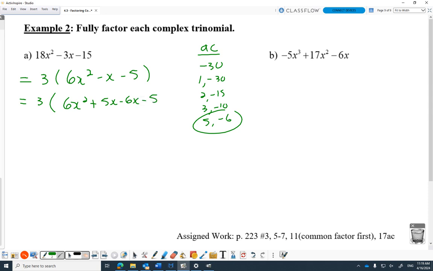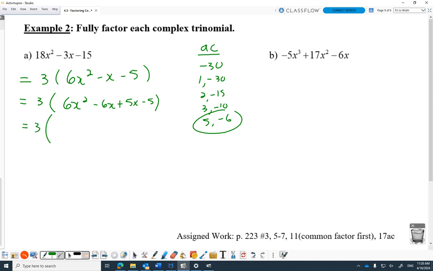Hold on, pause. Decomp people, if you have one positive and one negative, you might find life easier if you put the negative first. You don't have to do that, but that's just my one little tip that might make your life easier, is to put the negative 1 first. That makes life a little tiny bit easier with dealing with the negatives, if negatives are a problem for you. Because now,